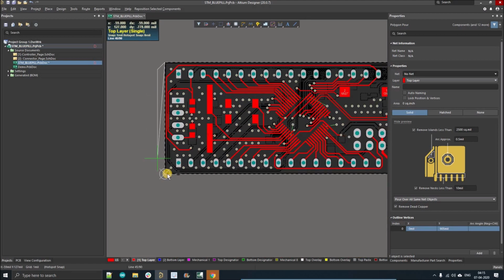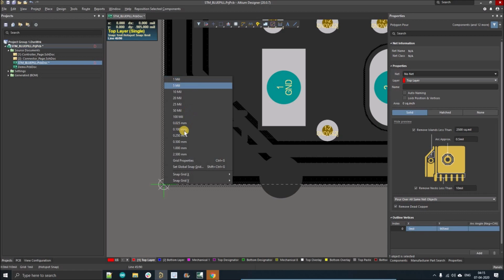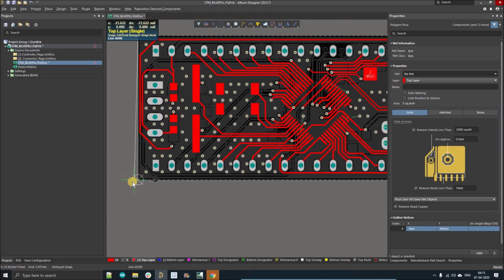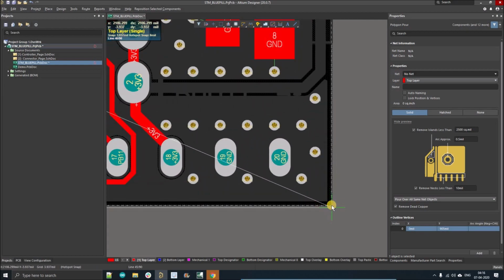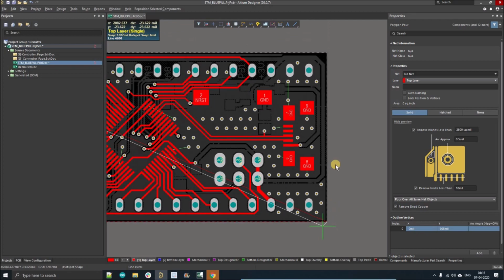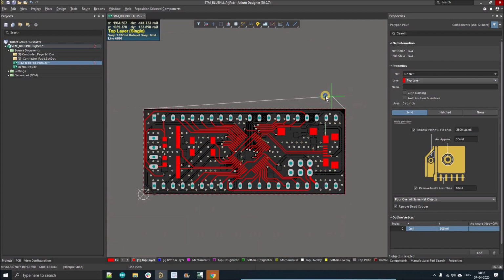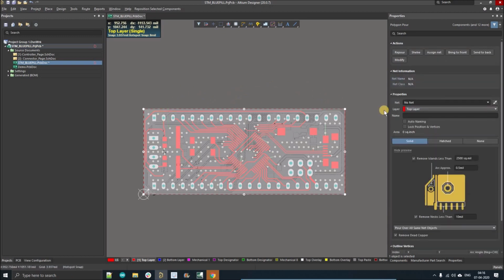I think I need to just reopen the design, then it will start locking it again. Or I can just change the grid to 0.1. Yeah, now it's working because I was not on the grid. So click here, left click here, and then you can right click, and you can see the copper pour is selected, right? Right now you can see there is no net assigned. I'll just select the ground, enter,